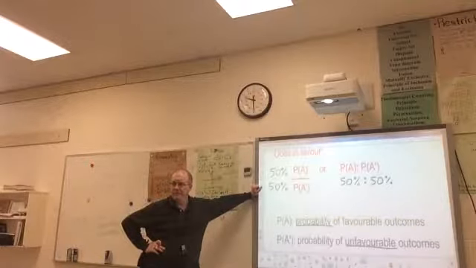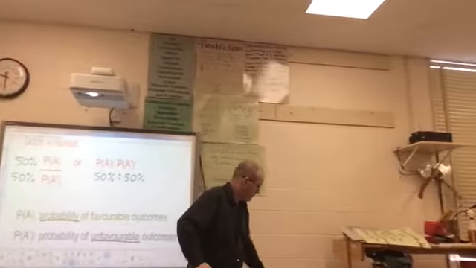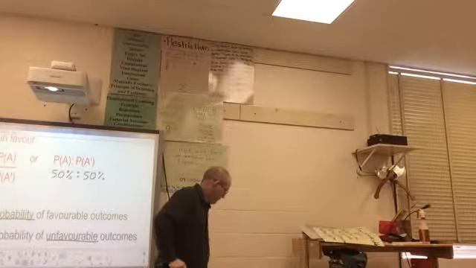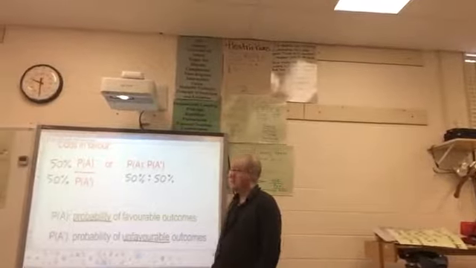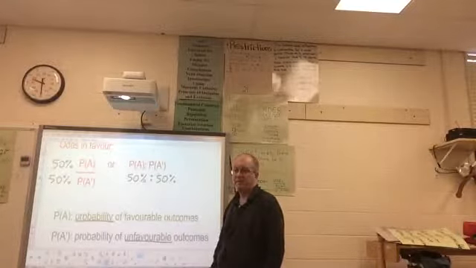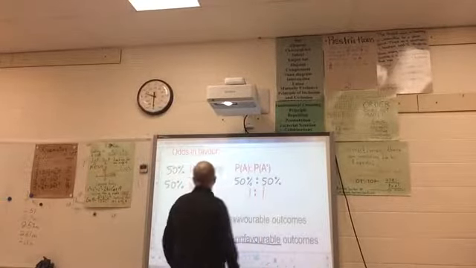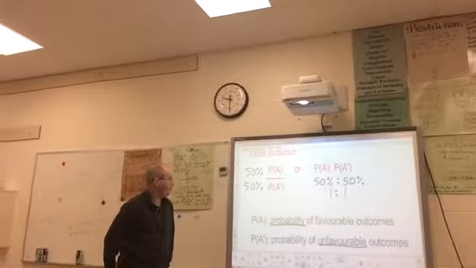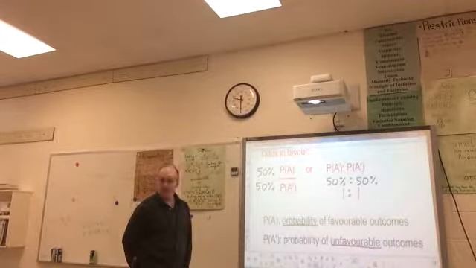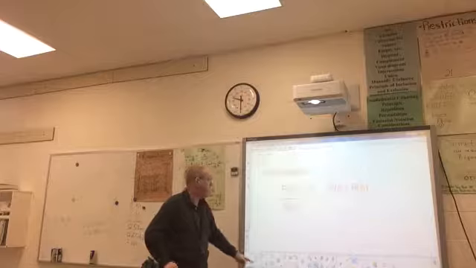Okay? Now, can we simplify that? 50-50. Yes. How would we simplify it? Well, what's common to both? 50 and 50. What's the biggest number you can divide into both? 50. So when you divide 50 by 50, what do you get? Yes. So you can write this as a 1-to-1 ratio. So the odds in favor are 1 and 1. Now that's odds, not probability.